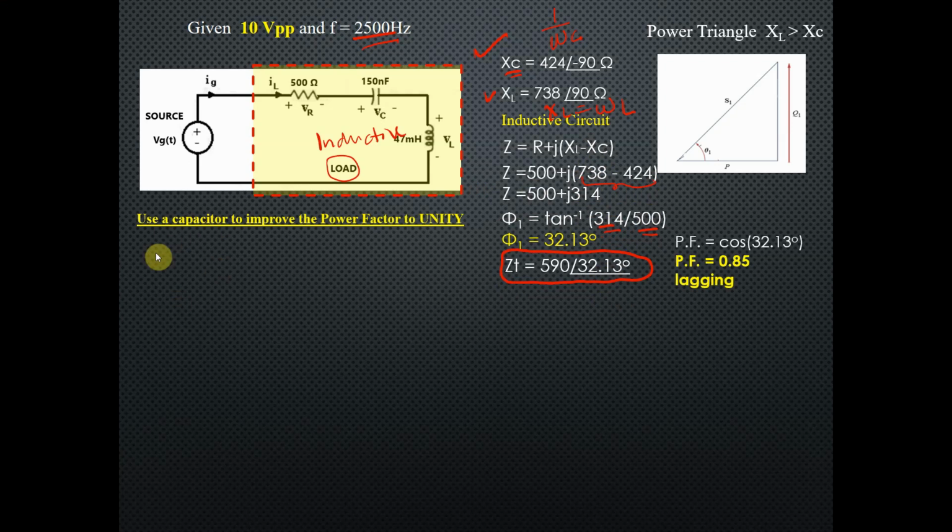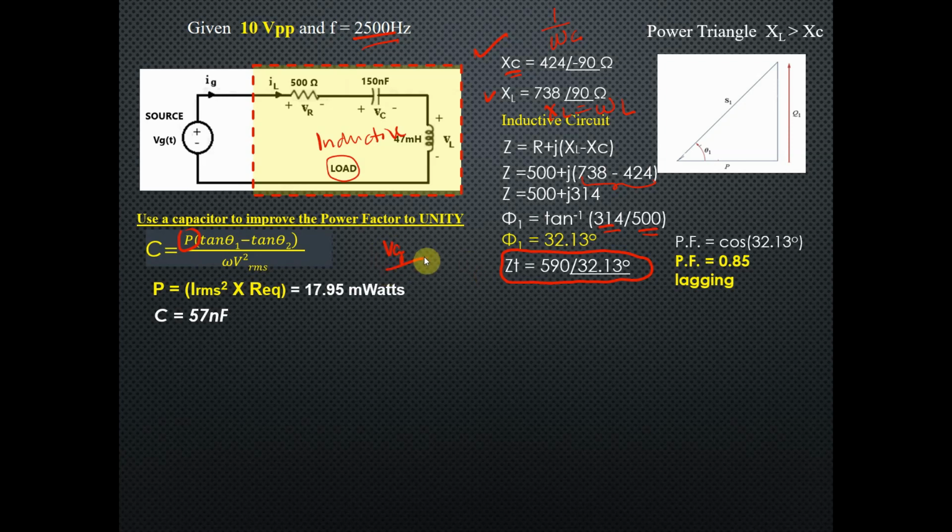Now, use a capacitor to improve the power factor to unity. So what are we going to do? First, we need to calculate the capacitor. From the formula, we have here P. But what will be the P that I'm going to use? From here I can calculate IRMS. IRMS will be equal to VG divided by Z total, right? We have Z total, we have VG, which is 10 Vpp, and converting it to RMS, we will have IRMS,